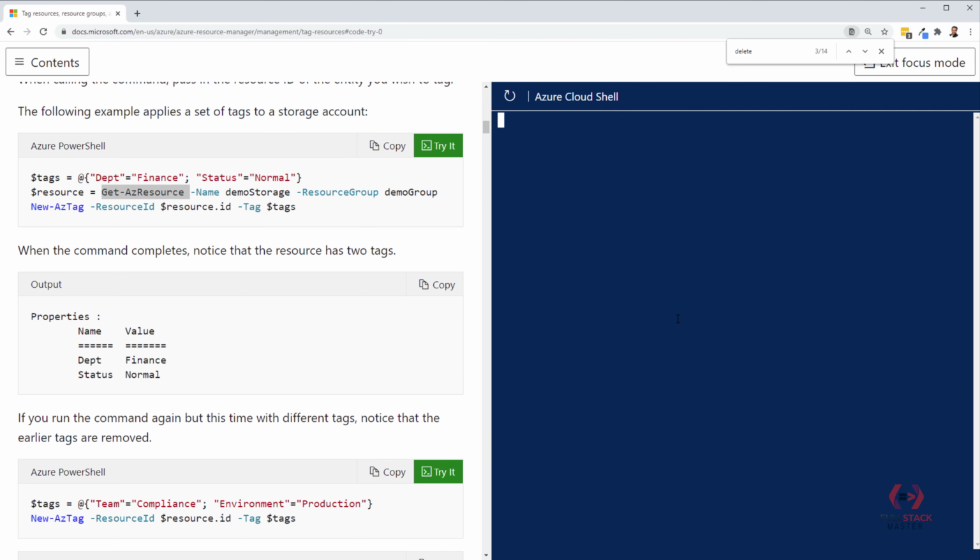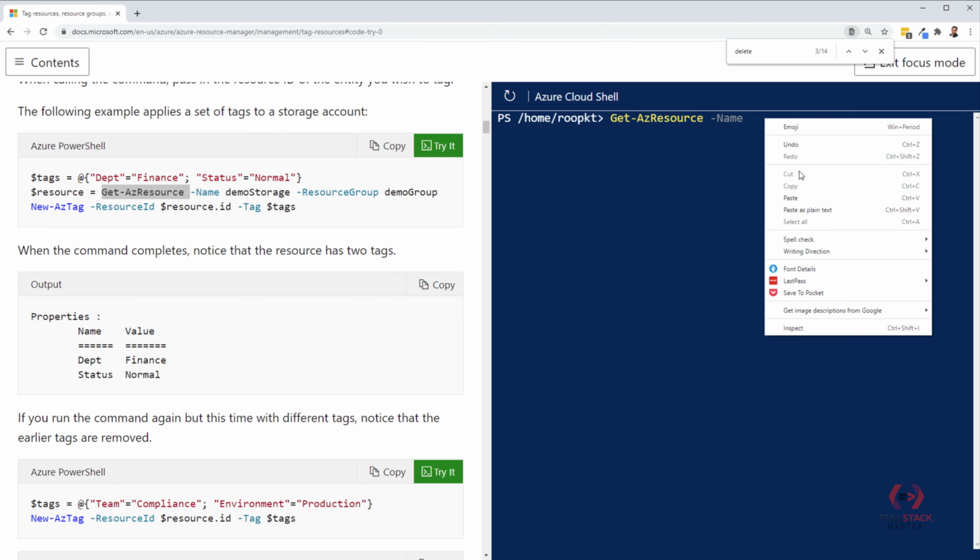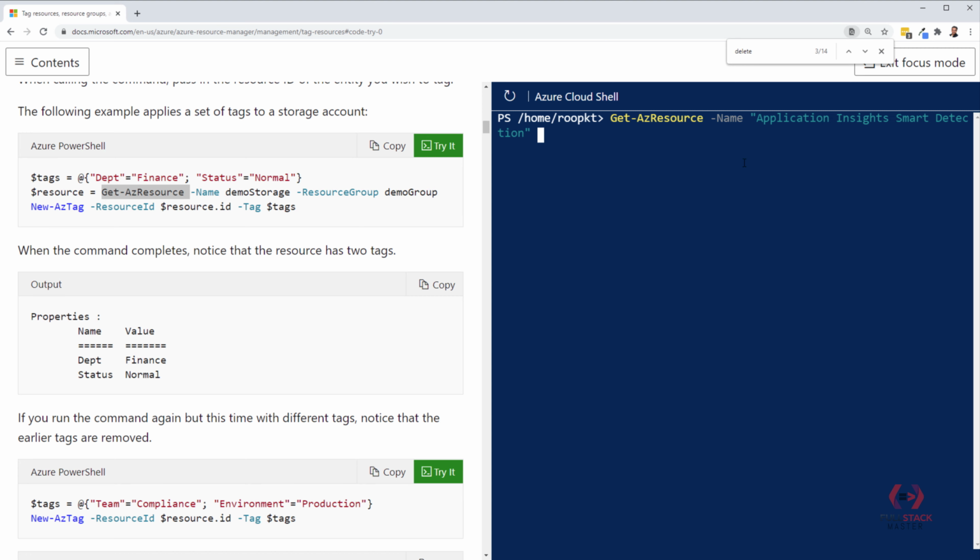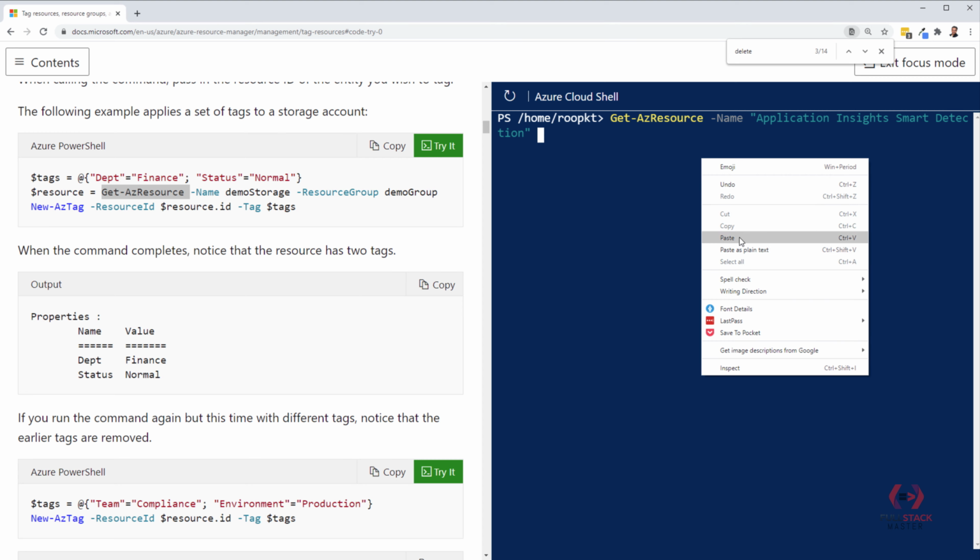I will use Get-AzResource, and I have to pass the name of the resource. In my case the name was, I'll copy the name so that I don't make a mistake. This was my name, and then you also have to pass the group name. Let me copy that name also so that I don't make a mistake. Here is the group name as well.